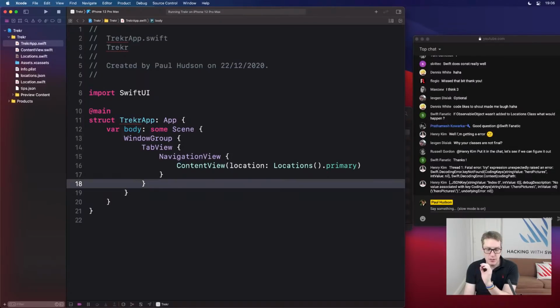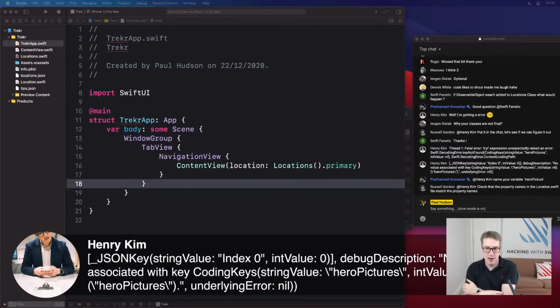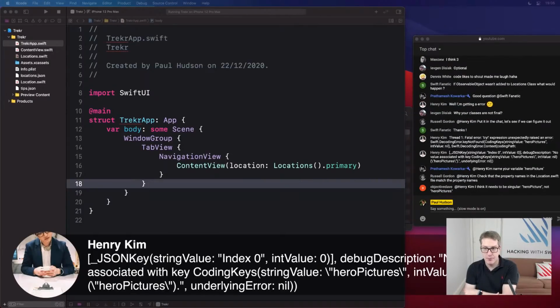Henry Kim, you've got a typo in your code. It's saying your code is crashing there because you've got the wrong name. Anyway,